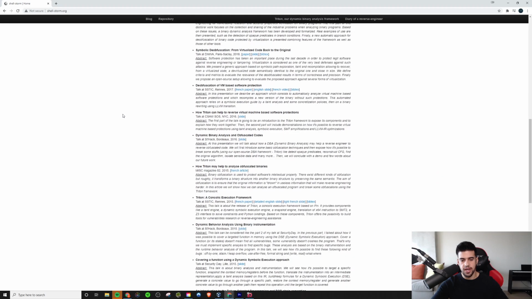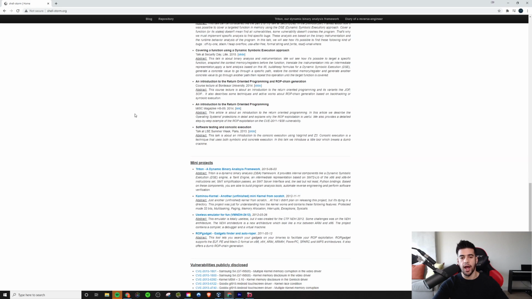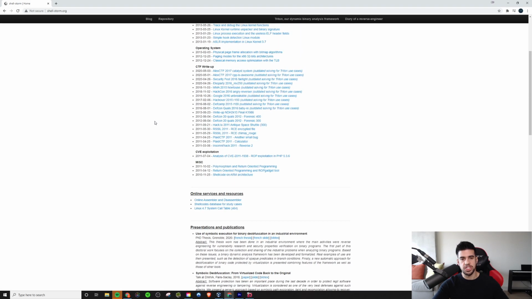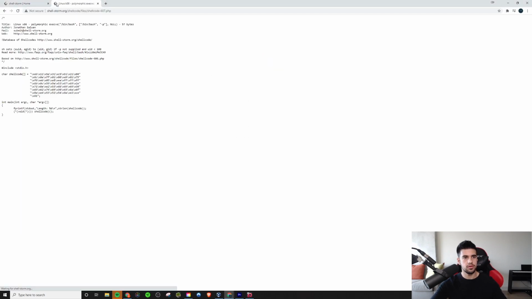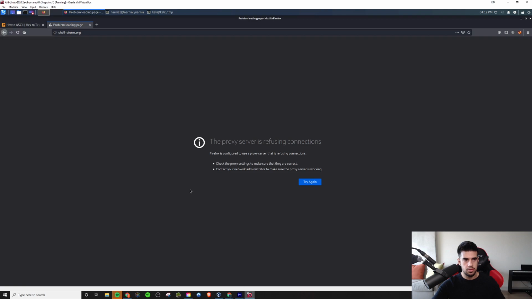There's a number of shells here, and honestly, it took me quite a while to figure out which specific shell I needed for this situation. But eventually, through a little bit of trial and error, what I found was this particular one right here. The shellcode 607.php. So particularly what we are interested in here is this shellcode. So if I copy this, okay, what I can do then is